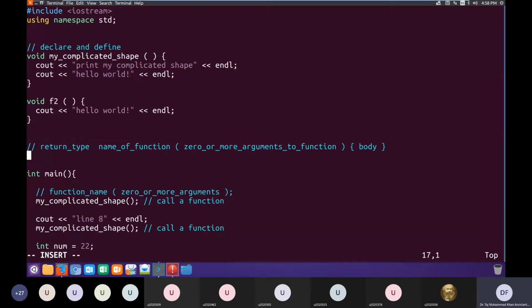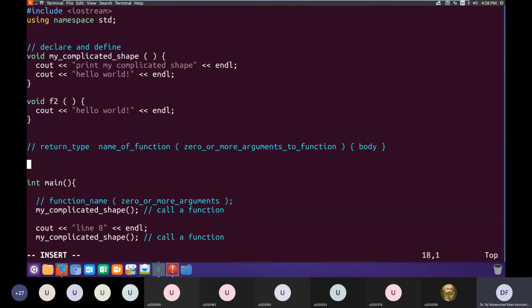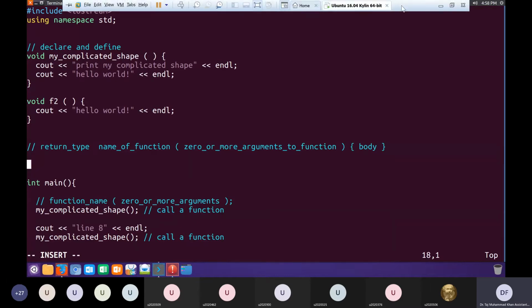So first of all, who will help me write this function? One of you can volunteer, unmute your mic and guide me through the process. I will help you, of course, but I need somebody to interact with. So who will volunteer to interact with me?